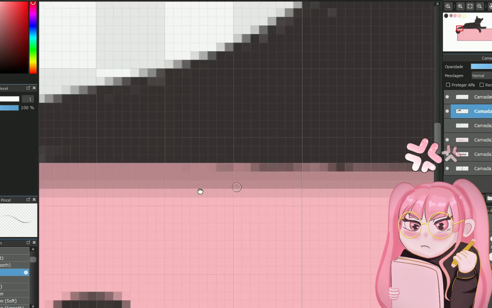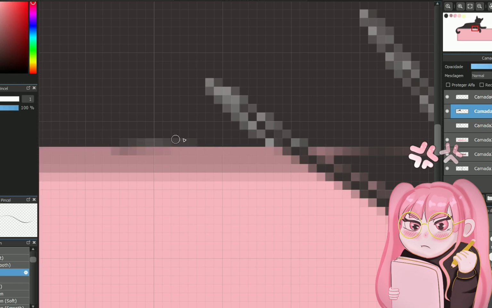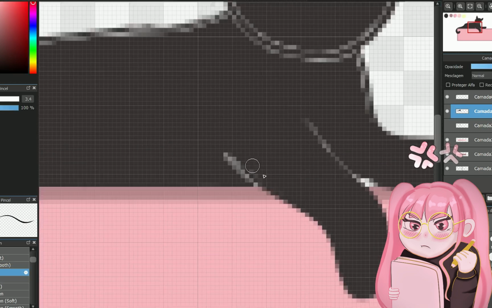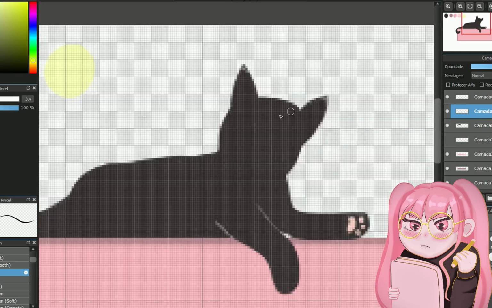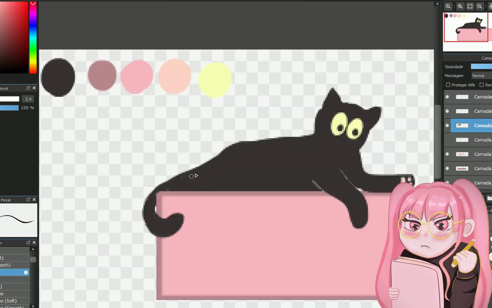Being very perfectionist as always. Every pixel. These paws are really cute. Really cute ears.